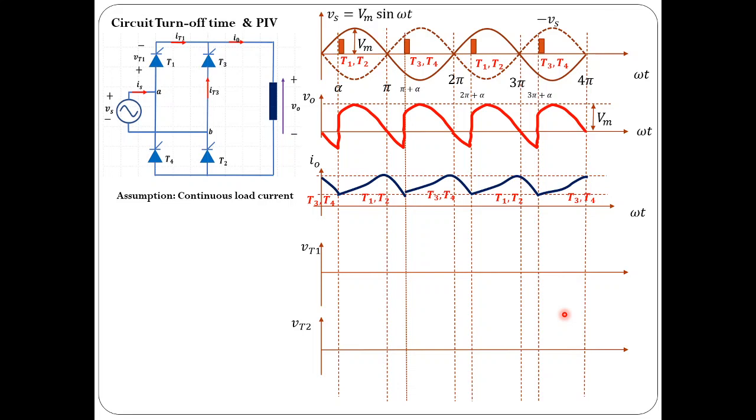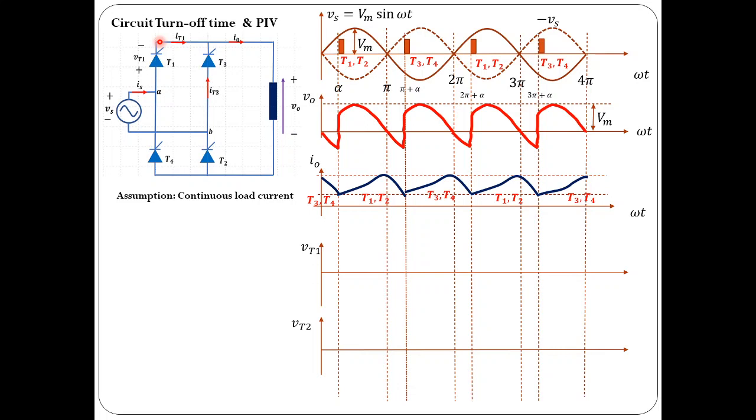It is also important to know the circuit turn-off time, because the switches used here are thyristors. In order to turn off thyristors, one has to make sure that the current through them is 0, and then apply the reverse voltage for at least some period, and that period must be greater than the device turn-off time. The time period during which we apply reverse voltage after the current through the thyristor becomes 0 is known as circuit turn-off time. During that period, the thyristor has to regain its blocking capability so that it is completely turned off.